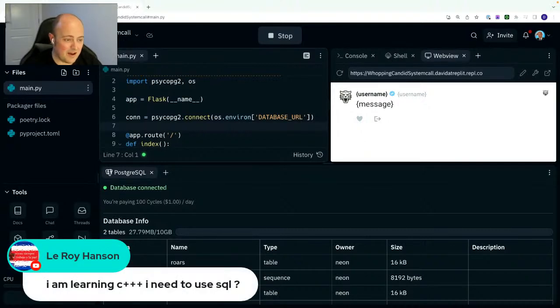I bring up Leroy here. He's learning C++. Wow, even more C's than you could possibly want. No, C++, I assume you mean. And you need to use SQL. Well, SQL is basically just the language of the database. So if you want to store anything more than simplistic data, then a database is really, really good. And things like MySQL, and particularly PostgreSQL, which is what we're showing here, is really, really good for large-scale